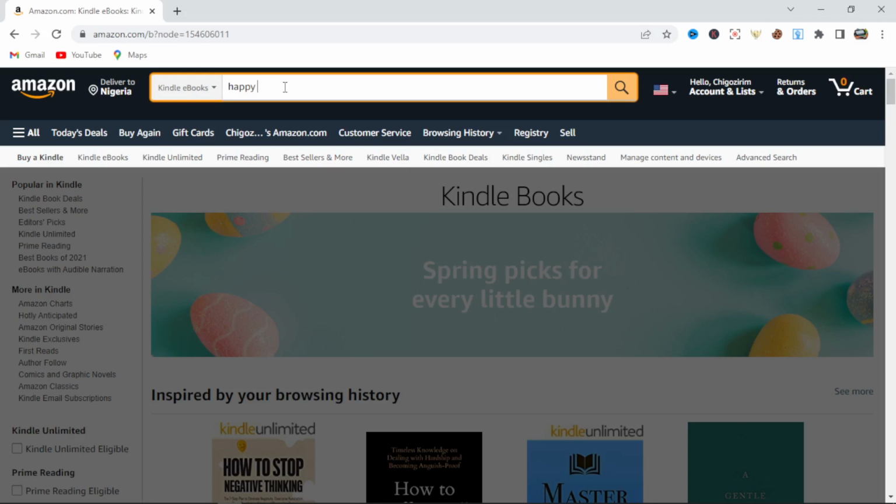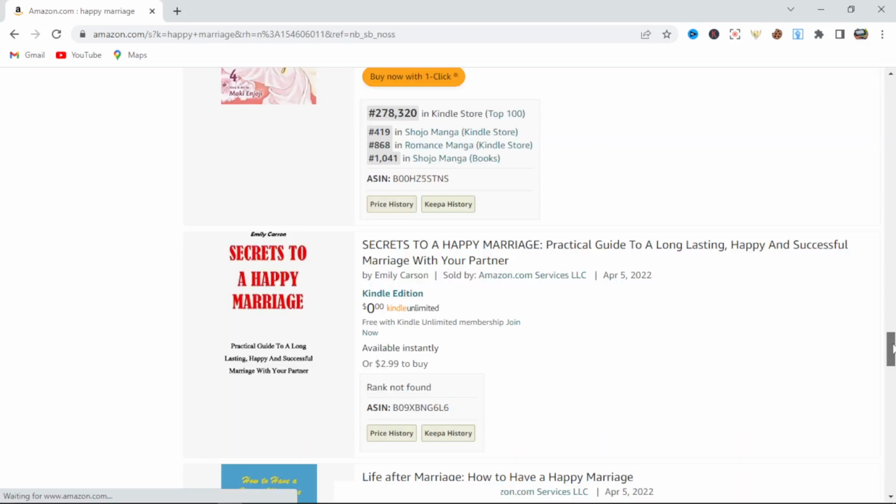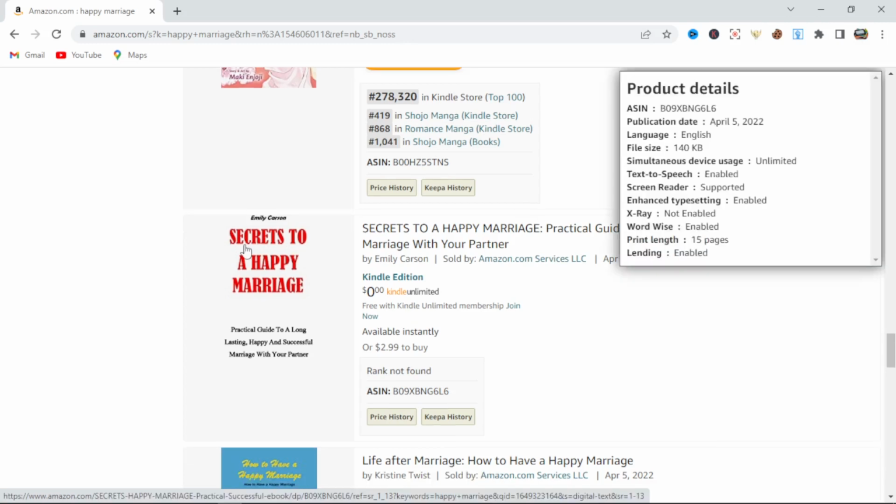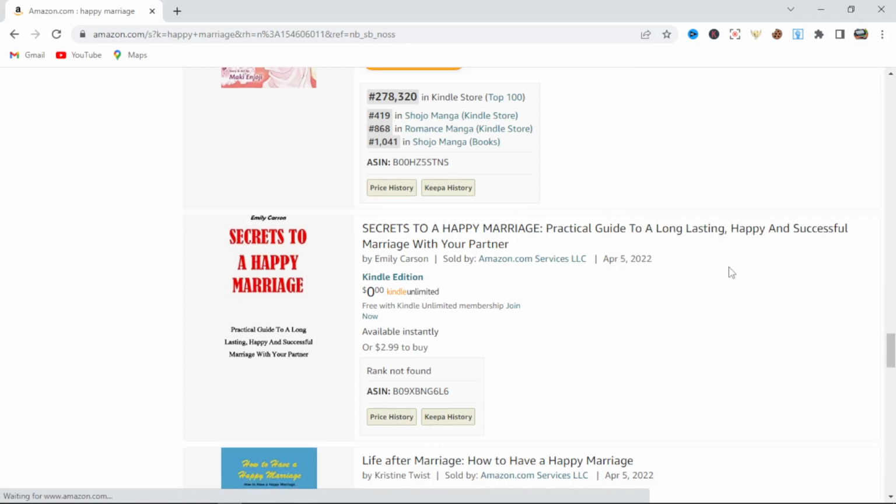Okay, so there are numerous books here. This one actually depicts something good, like it depicts the topic very well, same as this one. Okay, so I think these ones are fictions. Those ones are fictions. Okay, so look at this, secrets to a happy marriage. Okay, so you can see